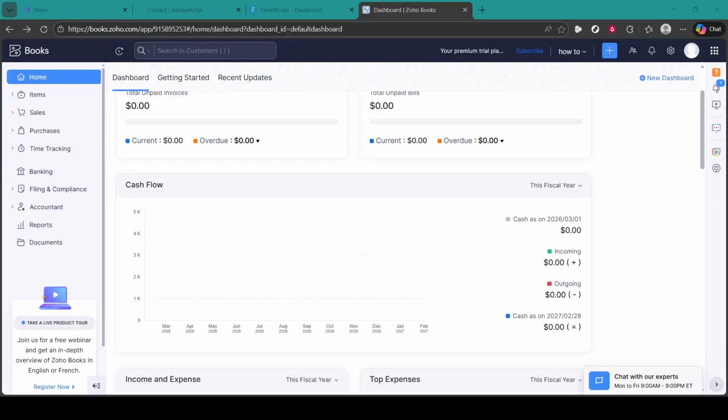In today's video, I'm going to teach you how to change currency on Zoho Books. If you work with customers, vendors, or banks in different countries, adding the right currency in Zoho Books makes your invoices, bills, and reports accurate and professional. I'll walk you through the exact path to add a new currency so you can start using it right away